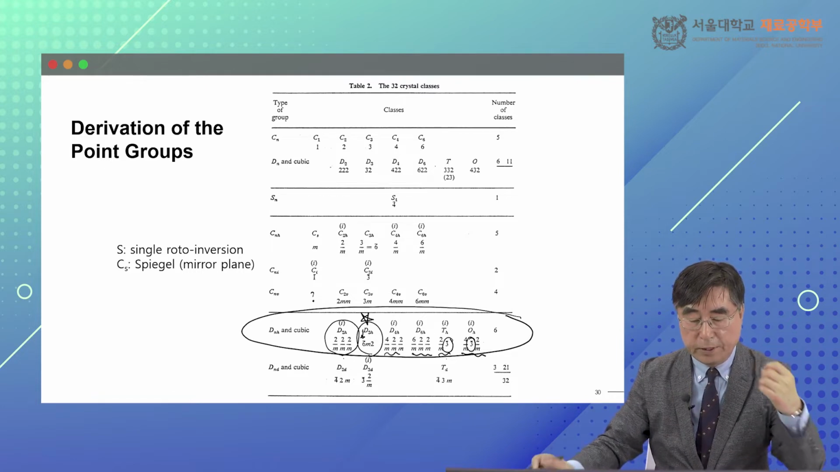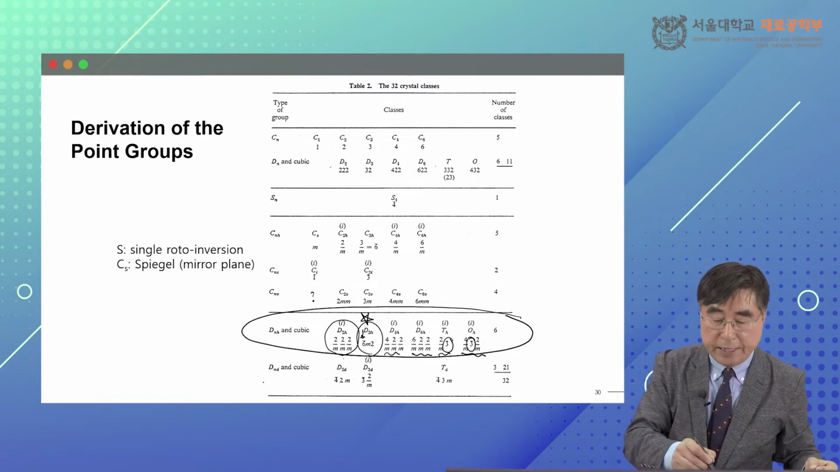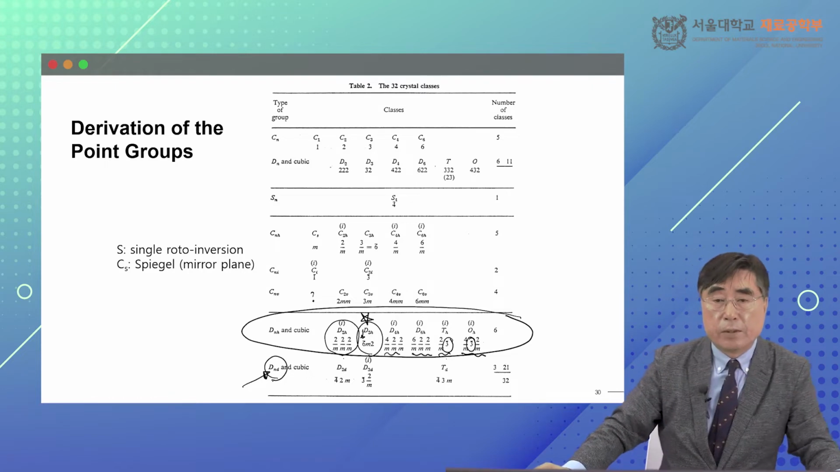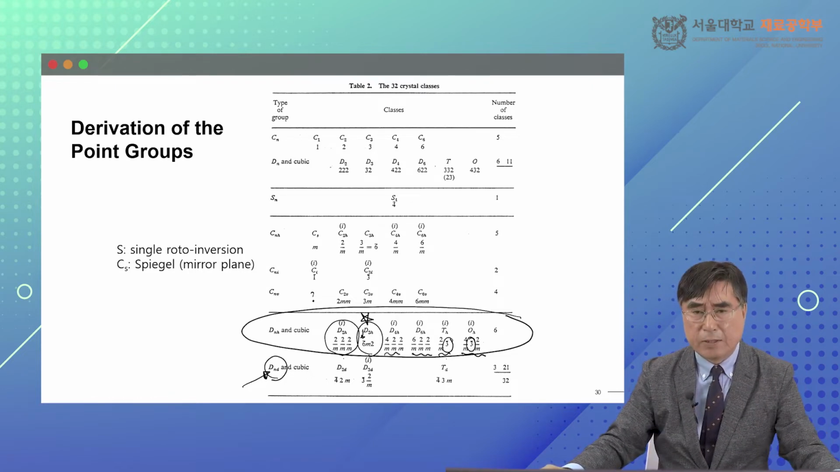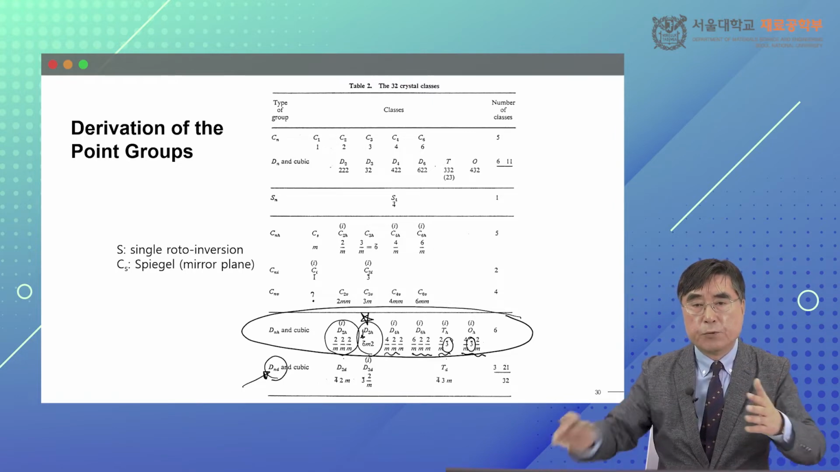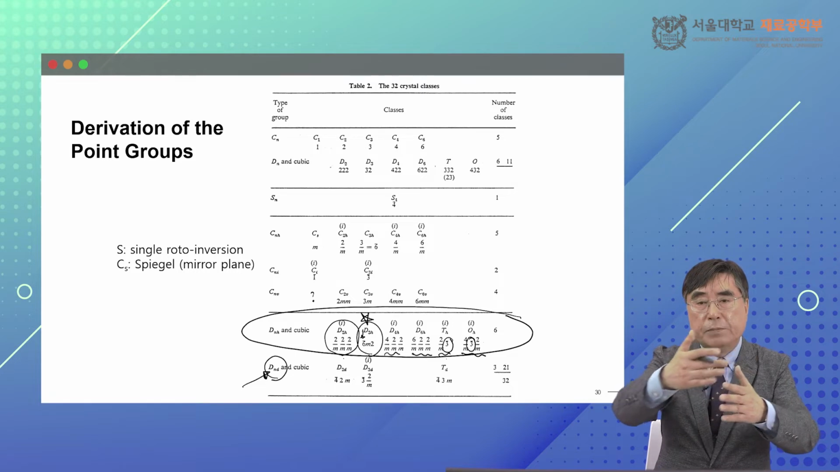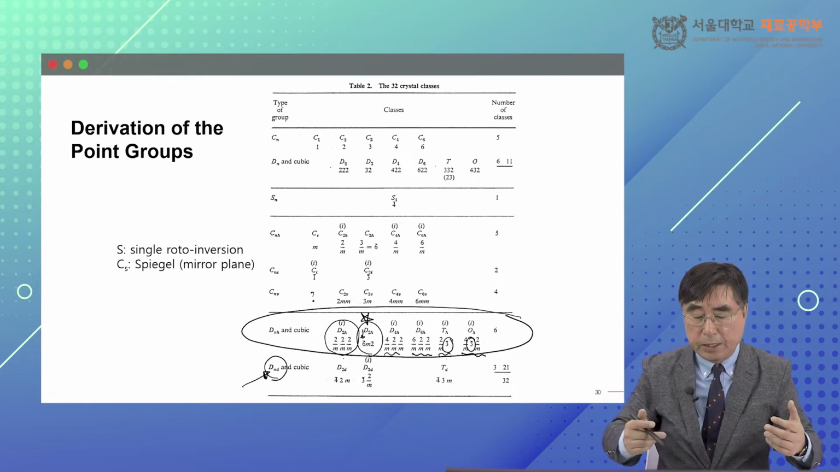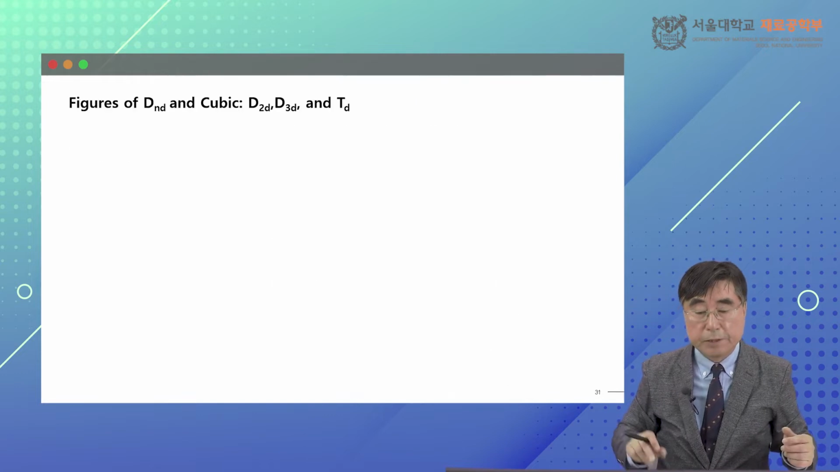Okay, now let's go to this Dnd and Dnd in cubic. Now Dnd is again putting the mirror plane diagonally. What does it mean? Diagonal means in between two folds. We have to put the mirror plane in between two folds, and that's what it's called. So D2d,